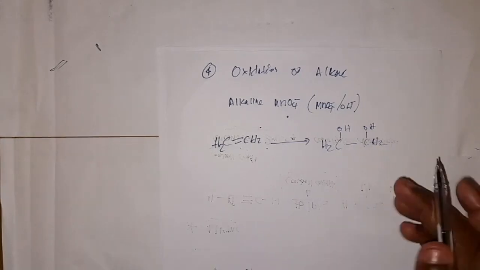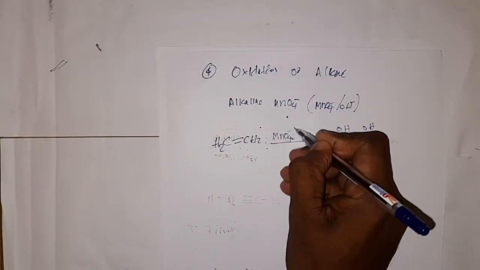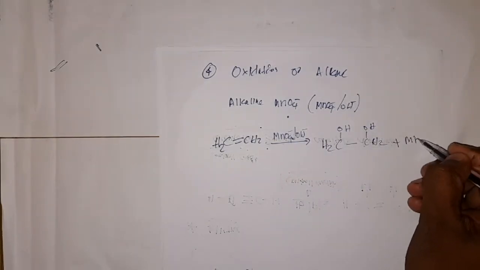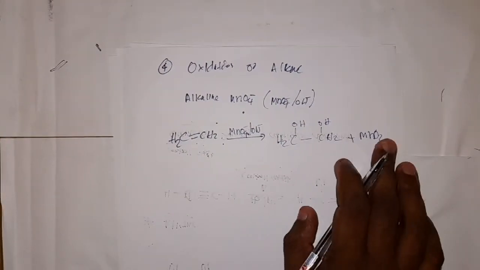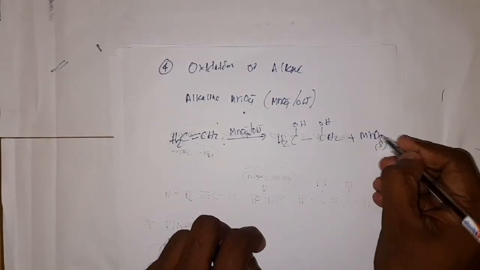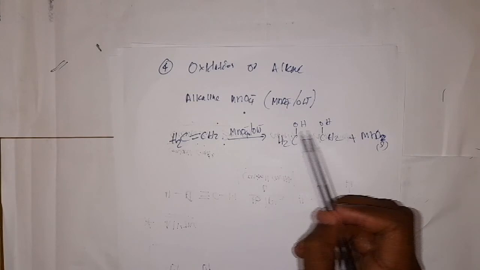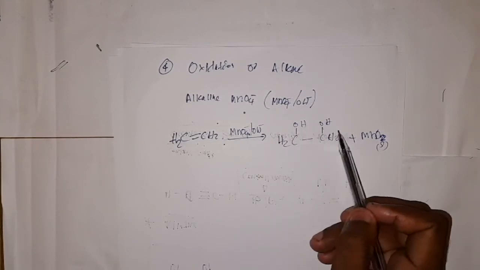But the important thing is that MnO4 minus in basic medium is converted into MnO2, which is a brownish black solid. So this is the very important thing. MnO4 minus converted to MnO2, and two OH groups will join with the double bonded carbons,